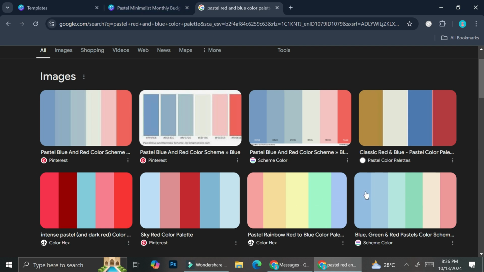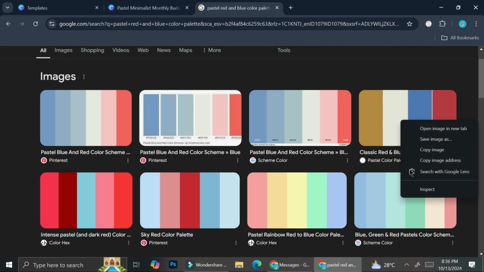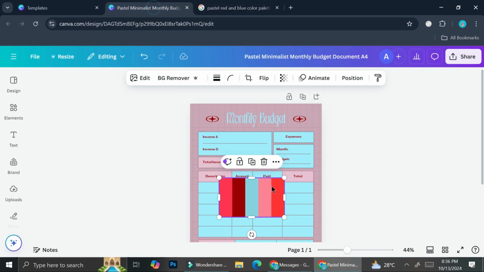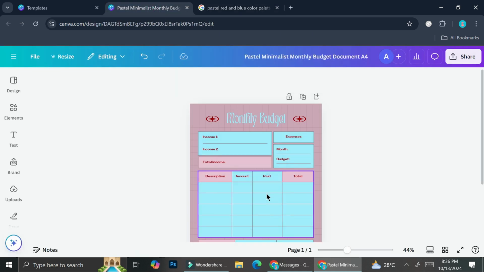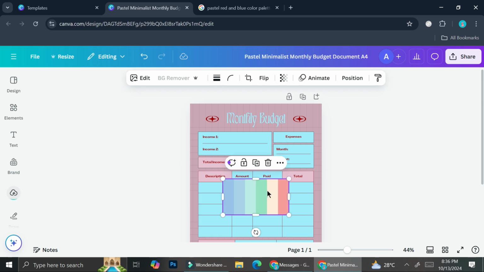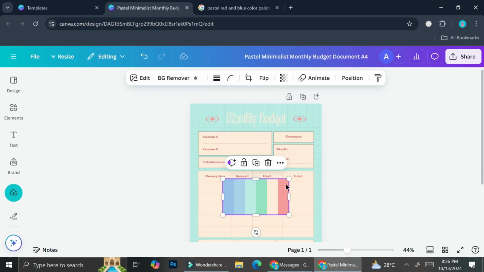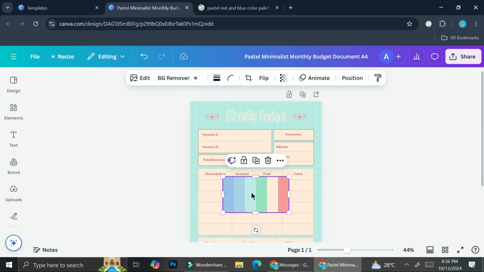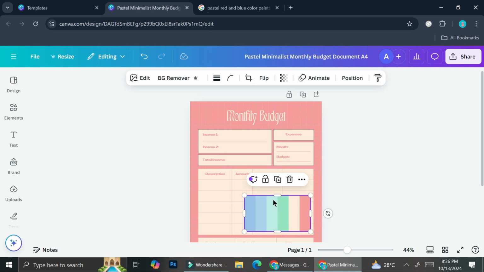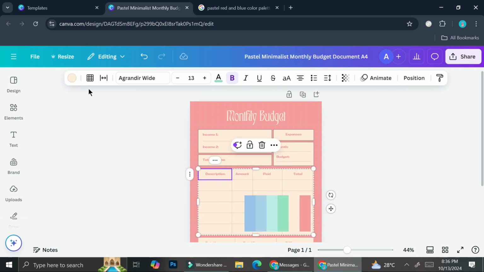I think I am going to try with this color palette instead. Apparently these colors are not it. I'm going to try again with the second color palette and see if we can find a better color combo. Oh, these ones are cute. Alright, so I think I'm going to settle with this one, but I want to change the color of these